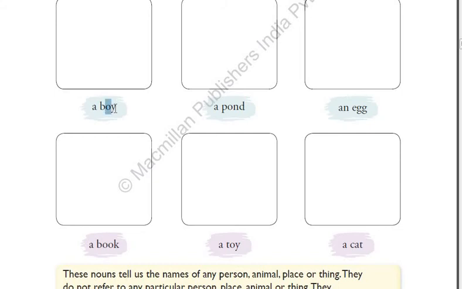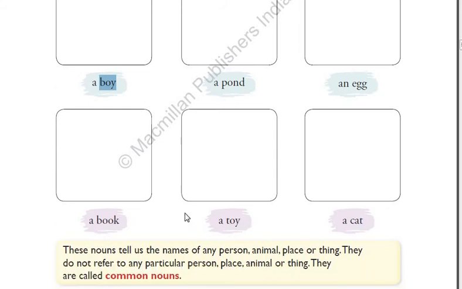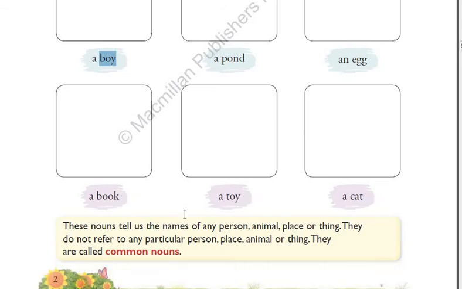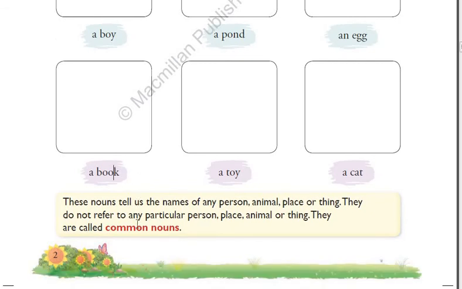It is a name given commonly, like the boy. There might be boys in your class and girls in your class, correct? So boy is a common word used for every boy. Yes, so it can be used for any person. So it is a common noun. Similarly, a book. Now it could be your English book, social book, grammar book, EVS book, etc. So book is also a commonly used word for all the books, correct? It is not a special name given to any book.